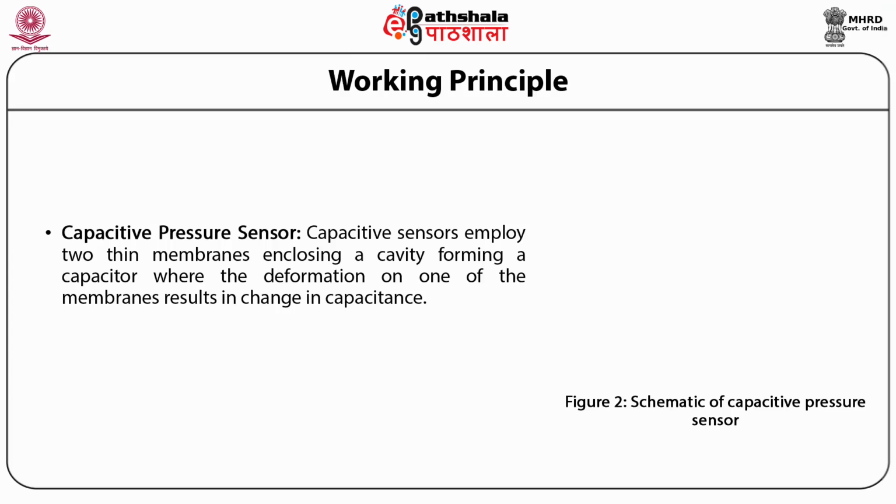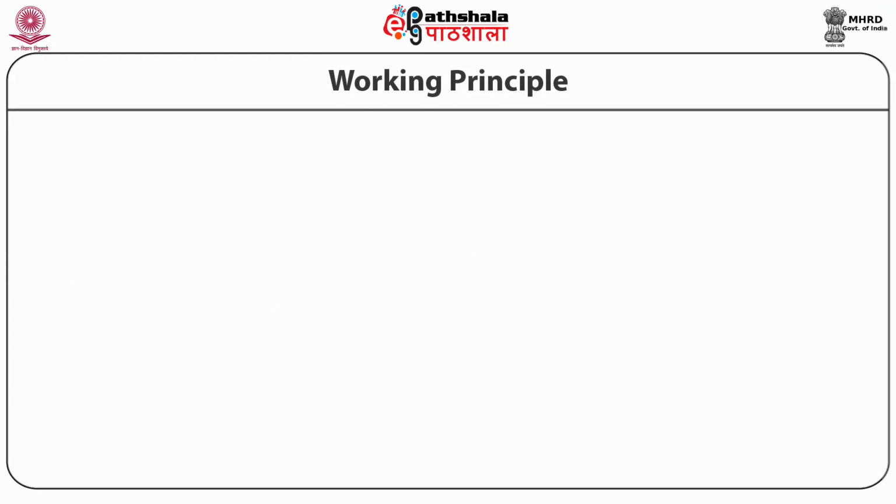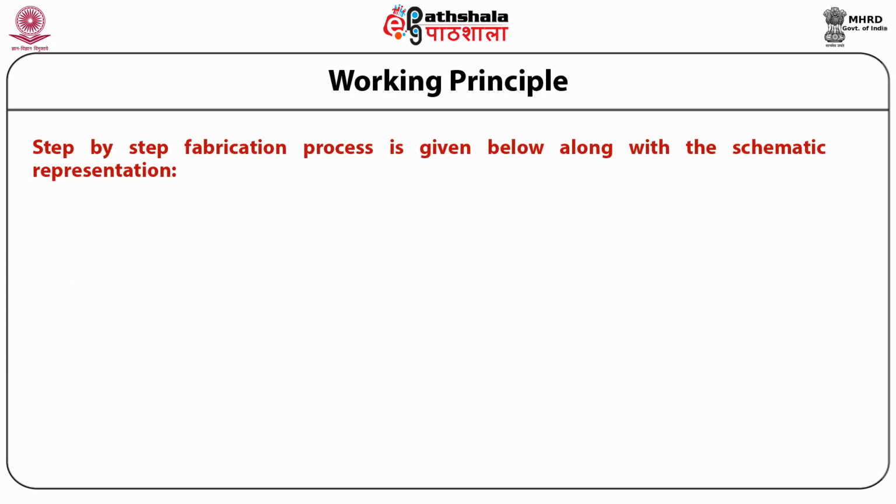The capacitive sensors employ two thin membranes enclosing a cavity forming a capacitor, where the deformation of one side of the membrane would result in a change in capacitance, and the schematic of the pressure sensor is shown below. So students, now let us discuss the fabrication process for the pressure sensors step by step, which are shown below